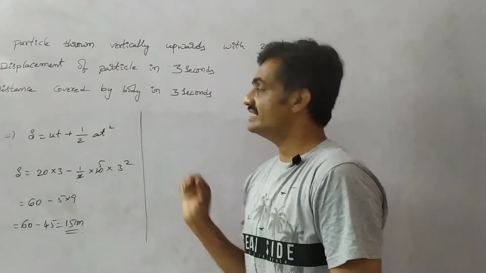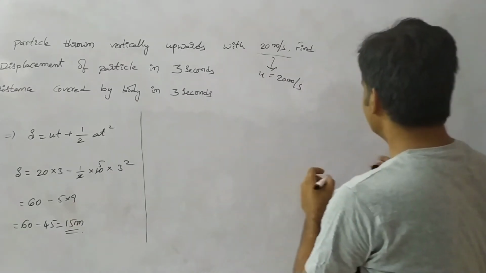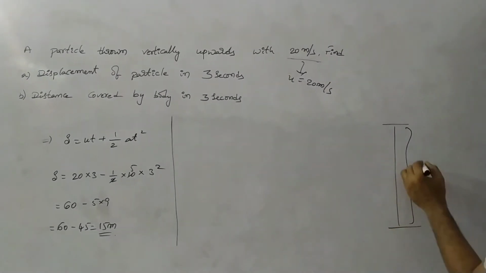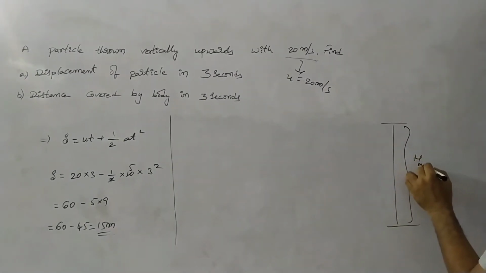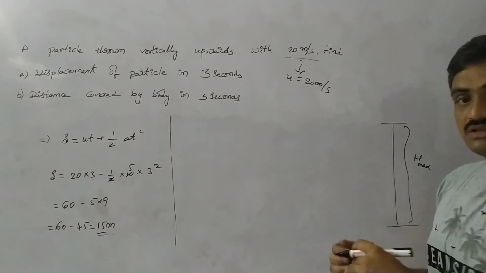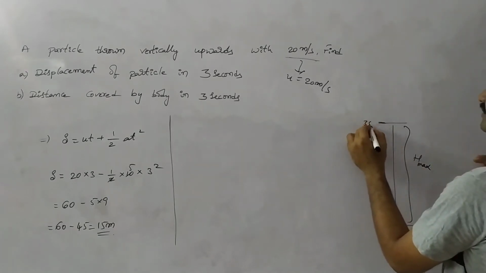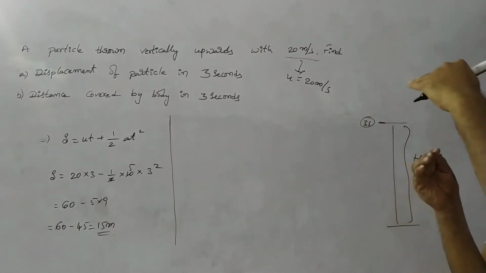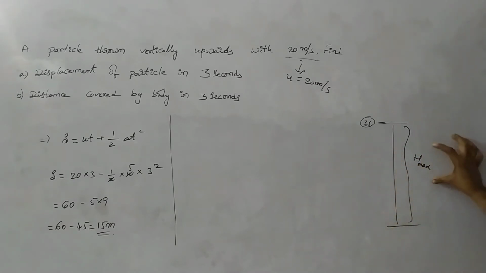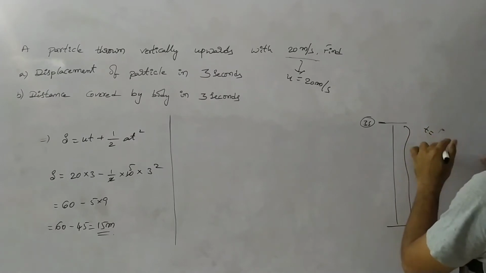In order to find the distance here, we have to find the time taken by the body to reach the maximum height. After finding this, we have to find the remaining case. Why? Because the body may have reached the maximum height within 3 seconds and then returned back. We don't know that. So first of all, we have to find the time taken by the body to reach the maximum height.